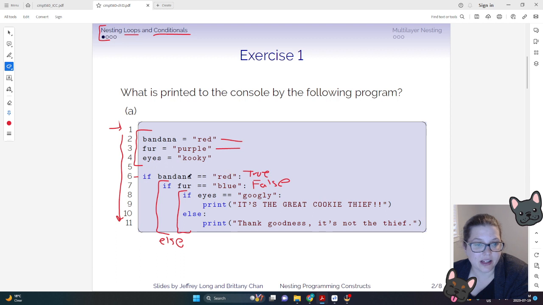It'd be very similar to if this very first if statement on line 6 evaluated to false. Maybe we had bandana equal to orange here. None of this other code would get looked at because this was false. So the computer would just skip to the end of the body of that if statement. And because there's no else over here at the same level of indentation, there's no code that comes after,